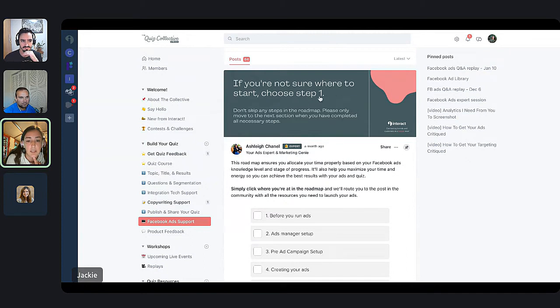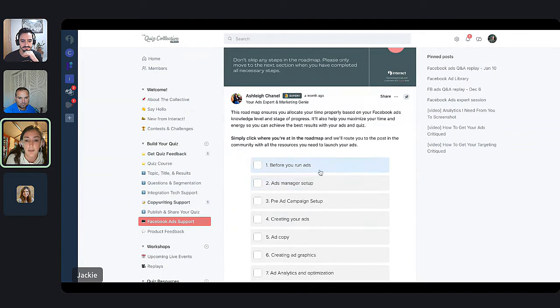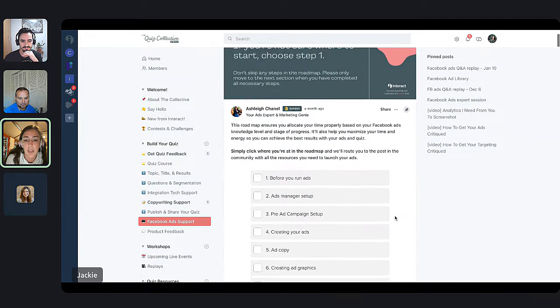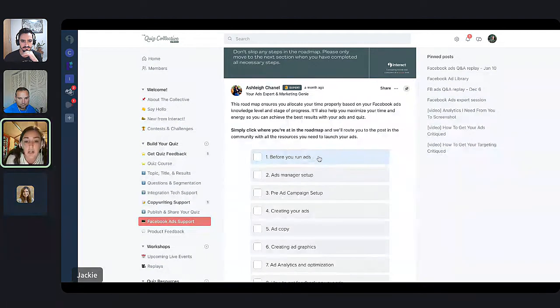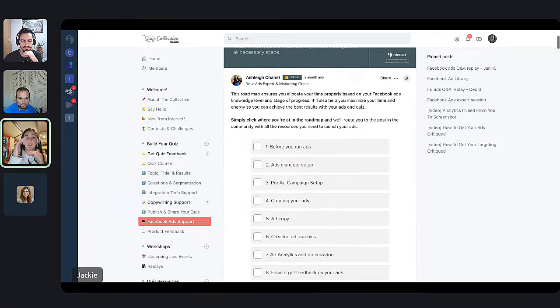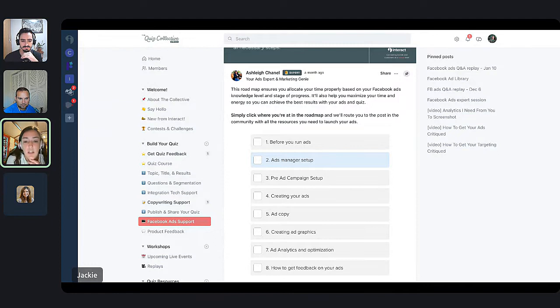This is a cover image that we put in there because we really wanted to reiterate, if you don't know where you're at, pick number 1. Don't just start in the middle, because these are things that you're going to want to do in order to get to the next step, so you can do all 8 things to run this effective ad. So the way this is set up, and I'm sorry if this is confusing because maybe you've never seen an Interact quiz before, which I can also show you, but this is essentially just a 1-question quiz where we removed the quiz cover. We embedded it through the custom HTML in Circle, in this little edit field, to embed this in here.